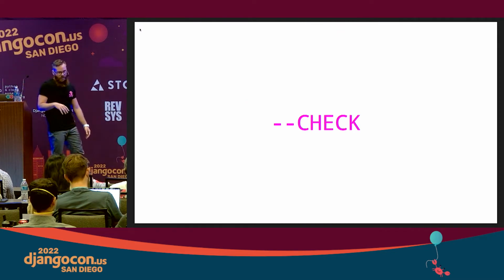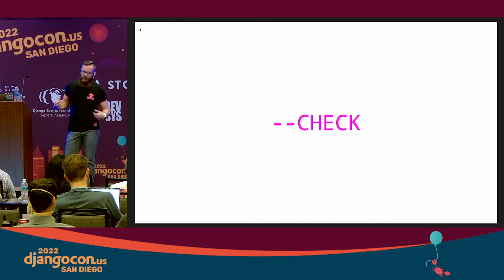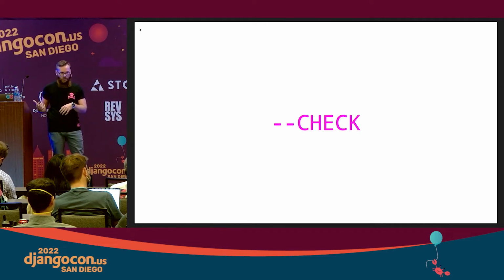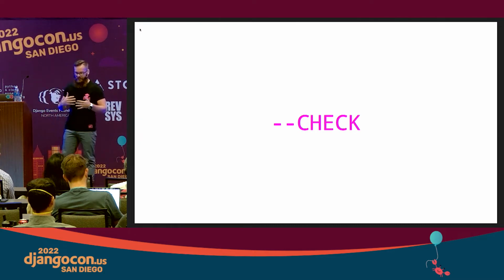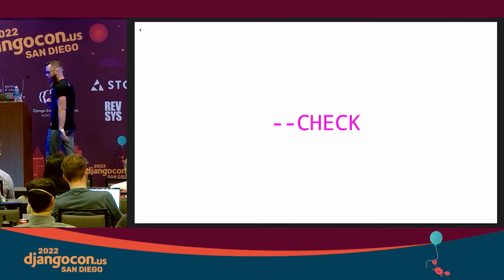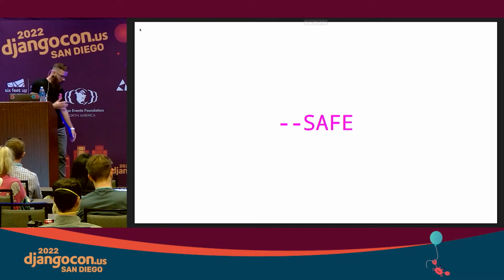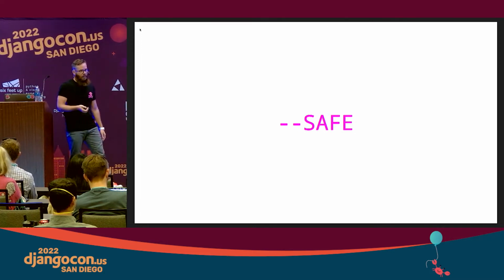So a couple of configuration options, but then how do we use it from the command line? We use the --check option, which means Black doesn't change anything. All it does is tell you, hey, that's not quite Black style. I would have changed it. A couple of reasons that we do that: we do all these things in a pre-commit hook, which we'll talk about later, but we don't want Black changing the code while you're in the middle of a commit. It just gets kind of messy and the history can be weird. So we run it in a way to say, hey, if Black would have changed your code, then you can't merge it.